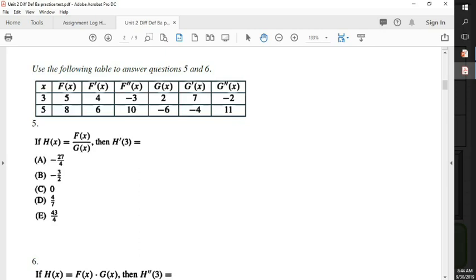And so for this one, to find h prime, we're clearly going to have to use a quotient rule because f is divided by g, and that's what h is. I got a bunch of values for f, f prime, f double prime, g, g prime, g double prime, but no h's. So we have to write h prime in terms of f and g so that we can find our answer. So let's use the quotient rule. We're going to h prime this. So that's going to be f prime times g minus f times g prime divided by g to the second